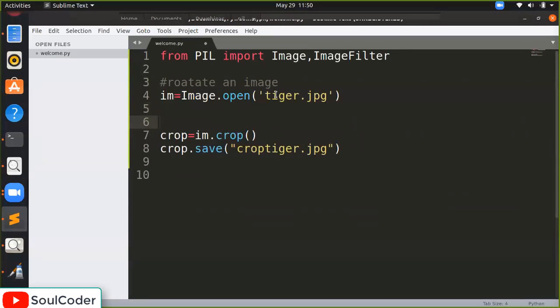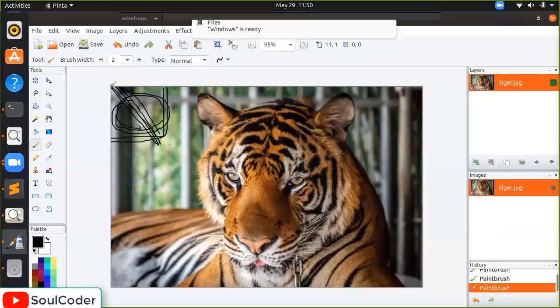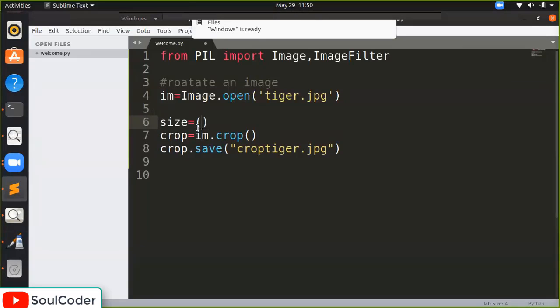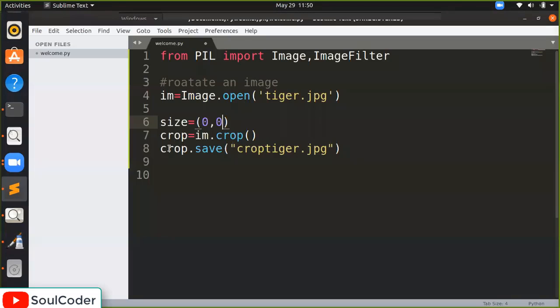Exactly, I defined it last time. So size, what size? There is a tuple. What we have to introduce from which parameter? For example, when I am here, this part, this is 0 comma 0, correct? So I have to pass 0 comma 0, and I have to crop till this part, which is exactly 150 comma 150 approximately.